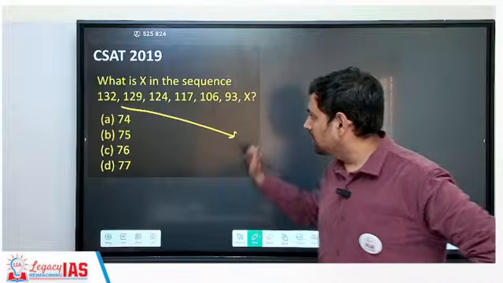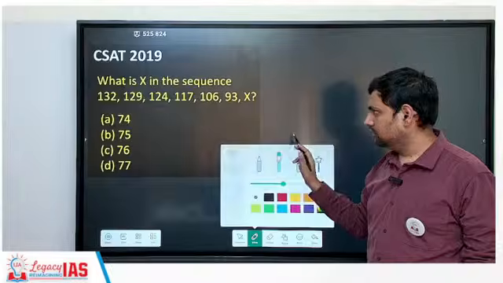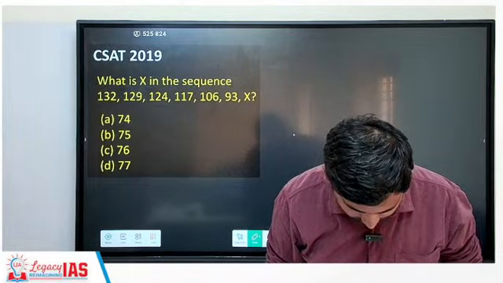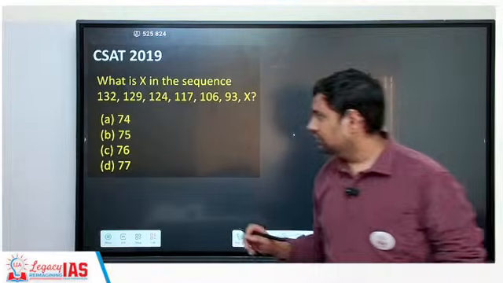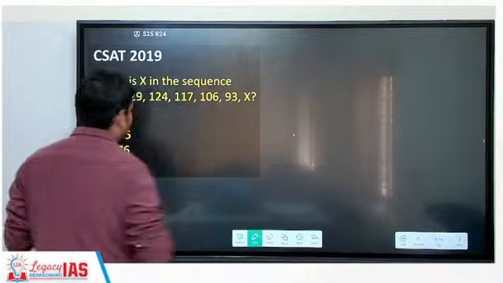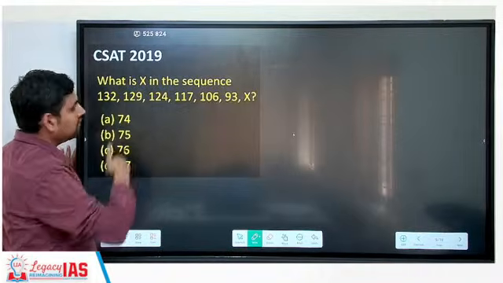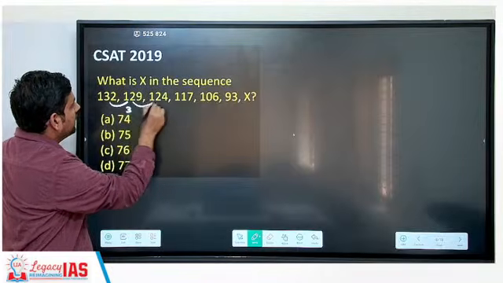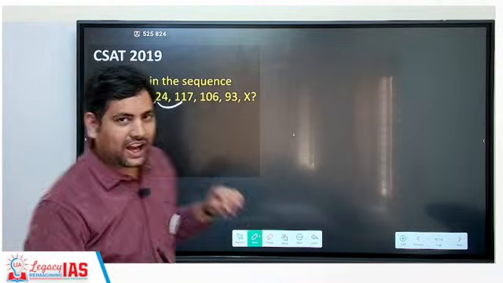What is the first difference between them? Yes, Shweta, yes, Meet. Then, what is the difference? So basically, this is 132 and 129. The difference is of 3. Then 129 and 124, difference is of 5. 124 and 117,